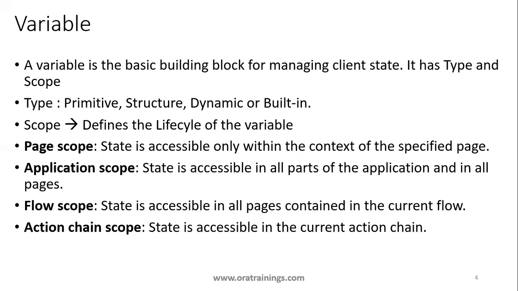And the variables generally will have data types. When you say variable, a variable is nothing but the name of a component to which you want to assign a value. That can be of any type. Generally we have basic data types like number, character, date, or boolean, or you may have a complex data type, which can hold a record kind of data type. Here, if you observe, we mentioned primitive, structured, dynamic, or built-in, which is somewhat extra functionality available in VBCS.